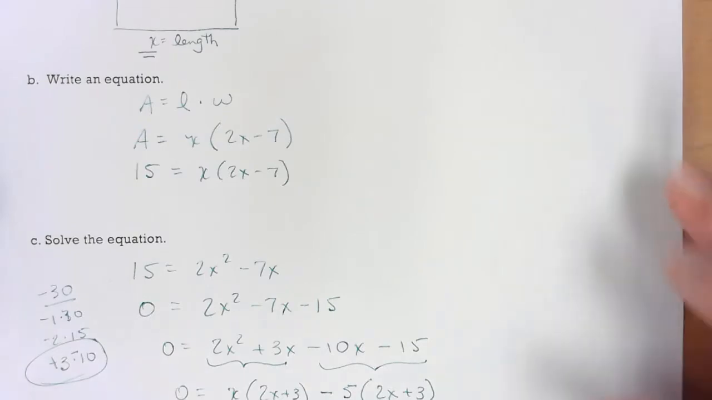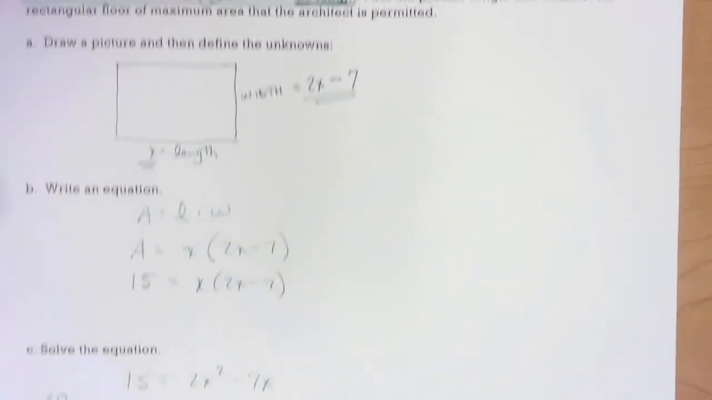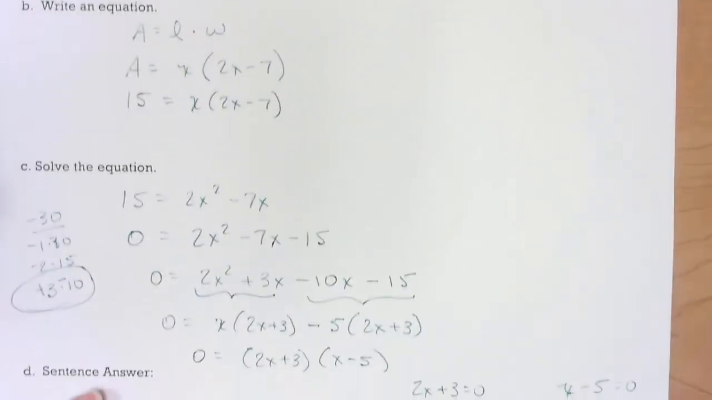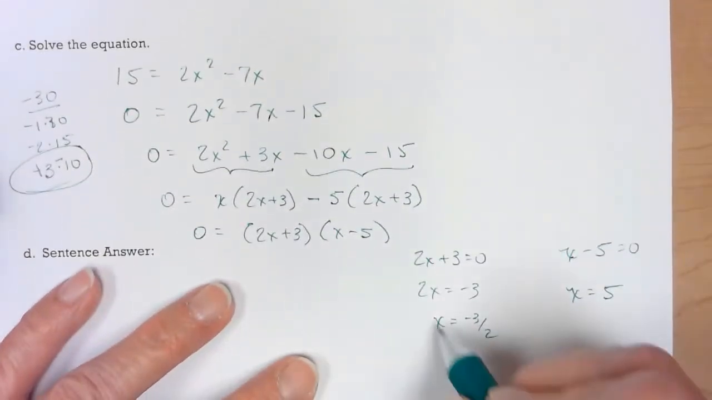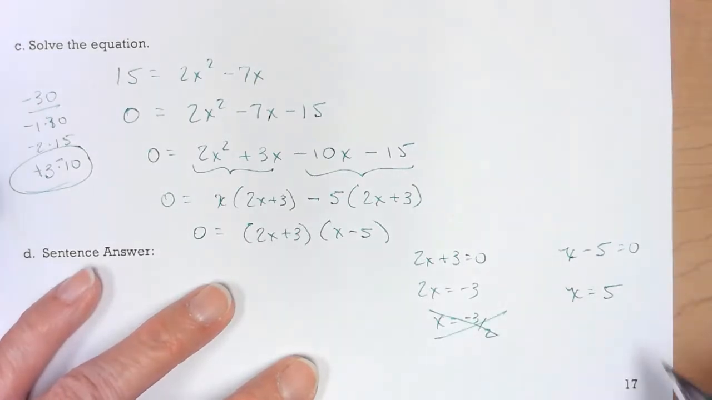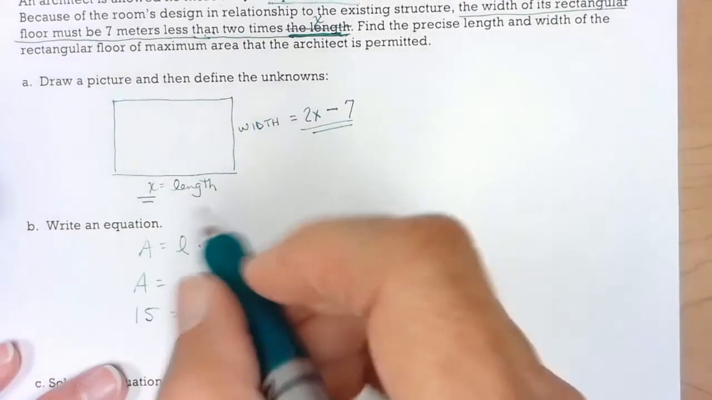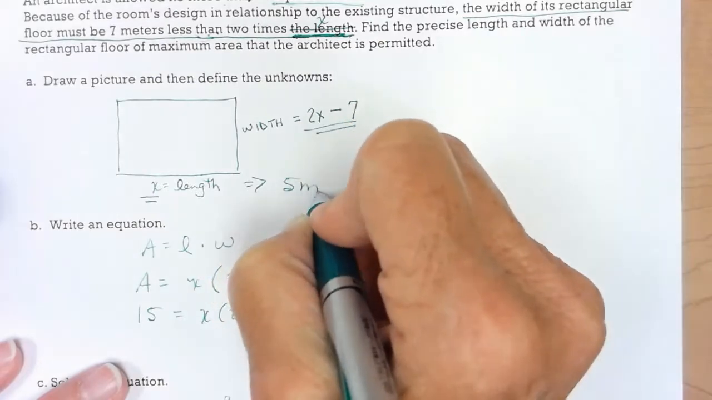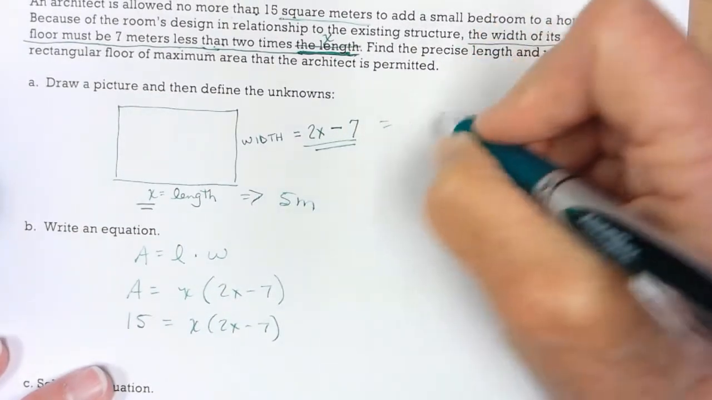Now, since the length and width is referring to meters here, my negative 3/2 doesn't make any sense. But X equals 5 does. So let me go, I'm sorry, I got to go back up here. So X, my length would be 5 meters. My width